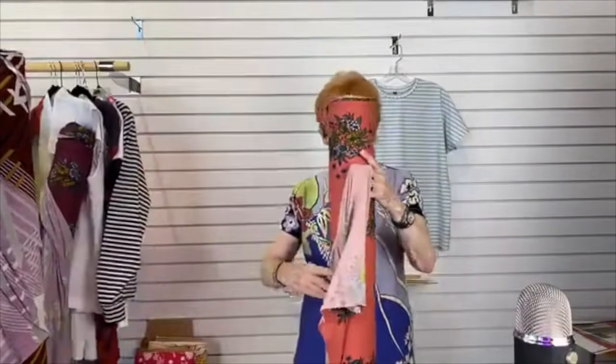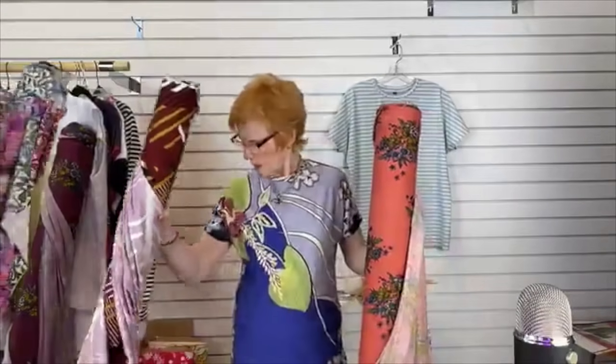This is another polyester knit. It's not an ITY, it's a jersey. But